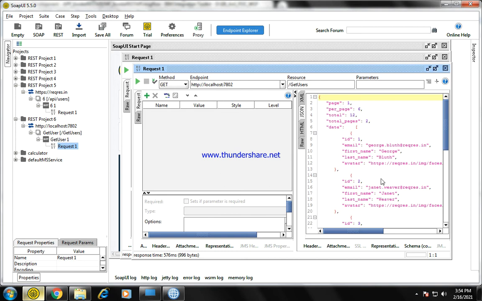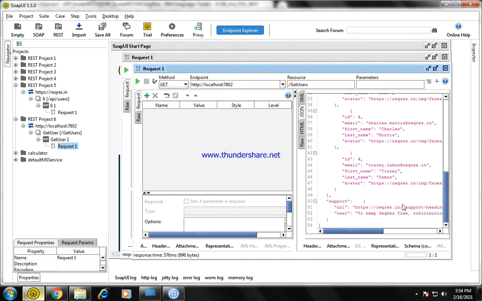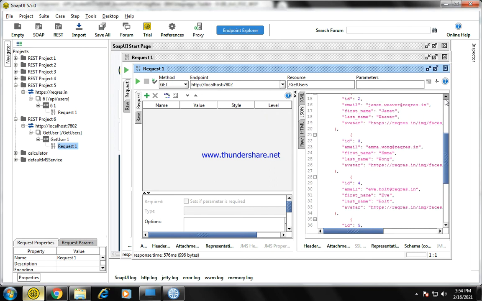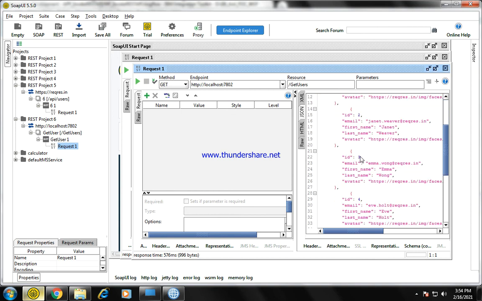See, this time I got these many users, 1, 2, 3, 4, 5, 6. This is how to get all the users. We are not passing any parameters, so we are getting all the users. Suppose I want to get only a specific user. If I pass ID equal to 1, I should get only the ID equal to 1 response details. If I pass 2, I should get the user ID 2 details. Same thing with 3, 4 and so on.